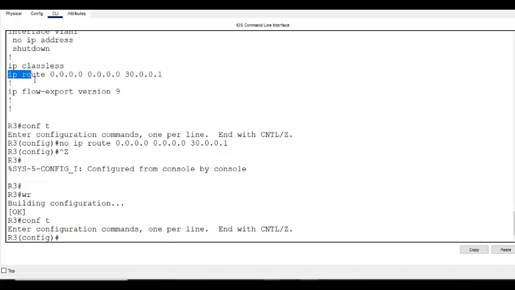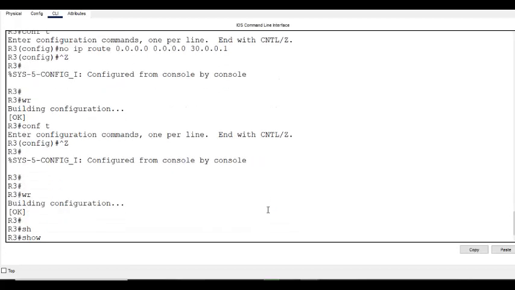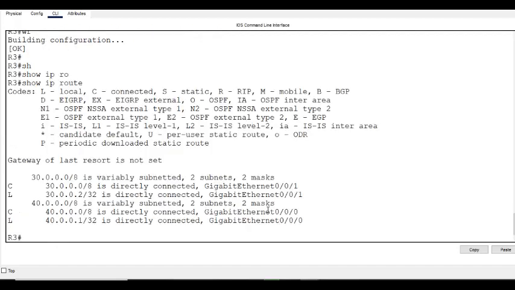What are the networks we have in this router 3? See the routing table, you will know. 30 and 40 only. Or you can see this topology, you will know. 30 and 40. So now what you can do is